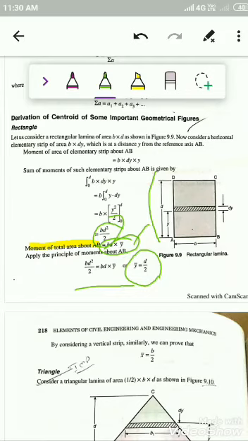Similarly, if you calculate the x bar distance, x bar is equal to B divided by 2. Like that you have to find out the x bar as well as the y bar distances. This is a very simple derivation; just go through it with the reference PDF. So now let us consider the...